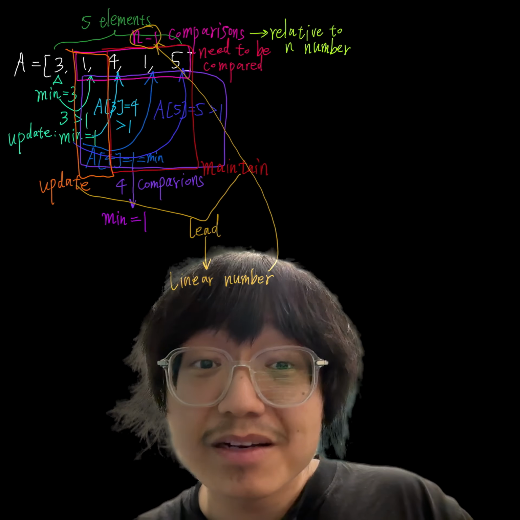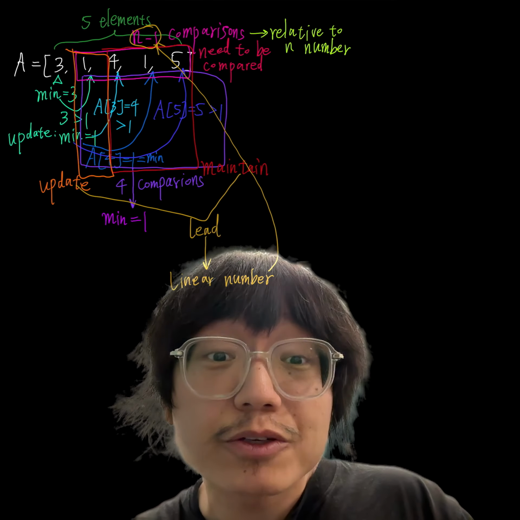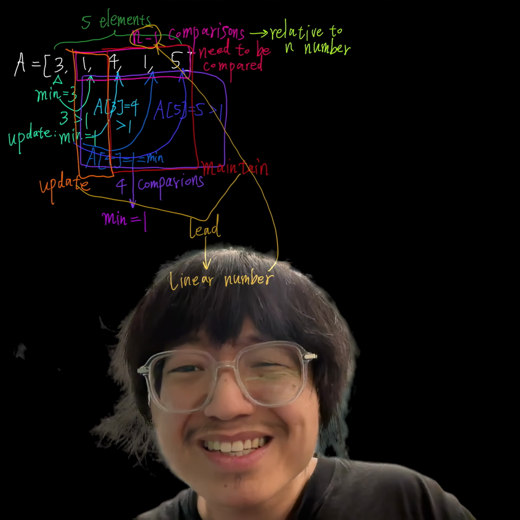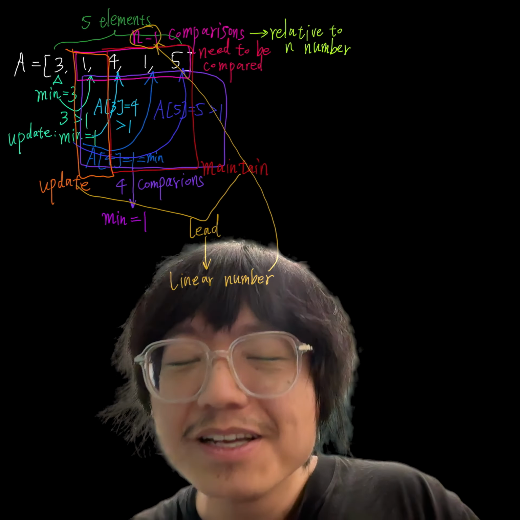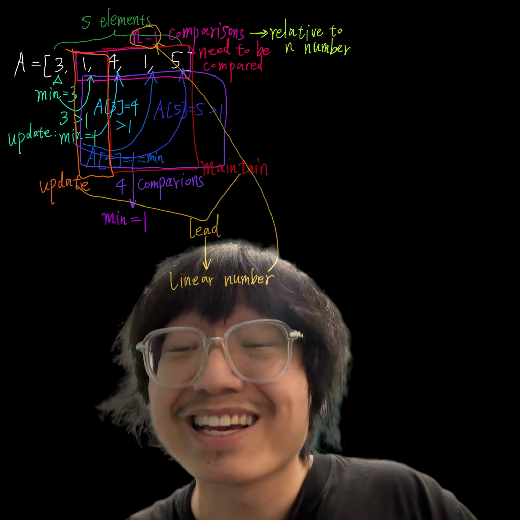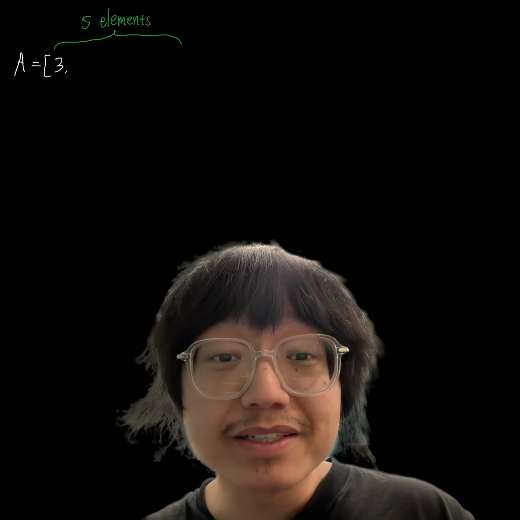In a set of n elements, determining the minimum value needs n-1 comparisons. Are they indeed necessary? Why? So let's consider a very specific example. Let's consider an array A with 5 elements. Let's say A equals 3, 1, 4, 1, 5, and then we start with the first element and consider